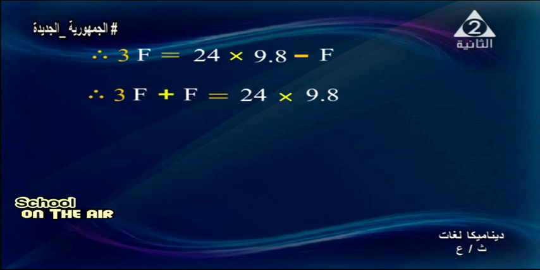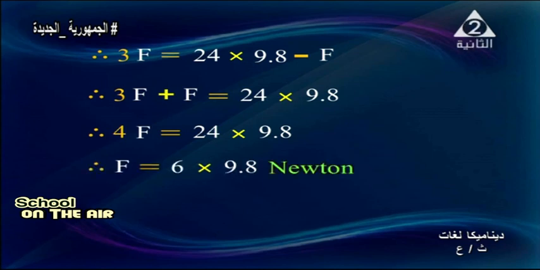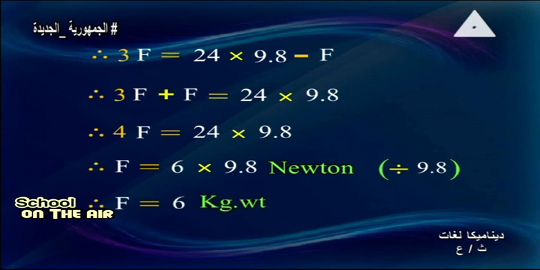3F plus F equals 24 times 9.8, and 4F equals 24 times 9.8. Then divide by 4. The force F equals 6 times 9.8 Newton. Divided by 9.8, the force acting on the body equals 6 kilogram weight. Now the second case,